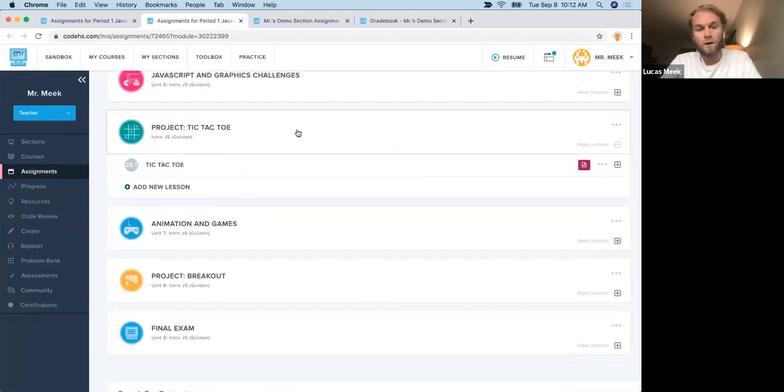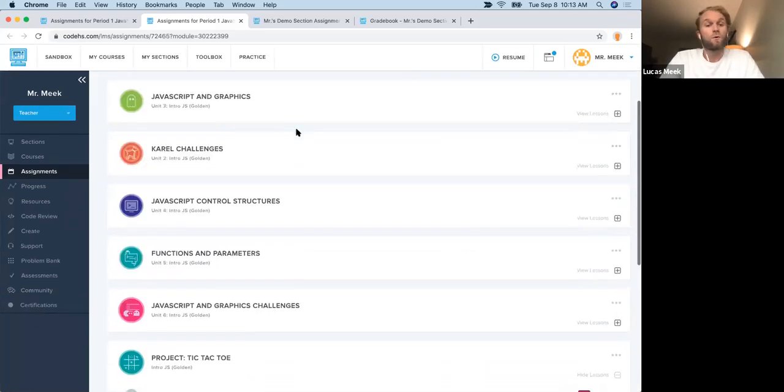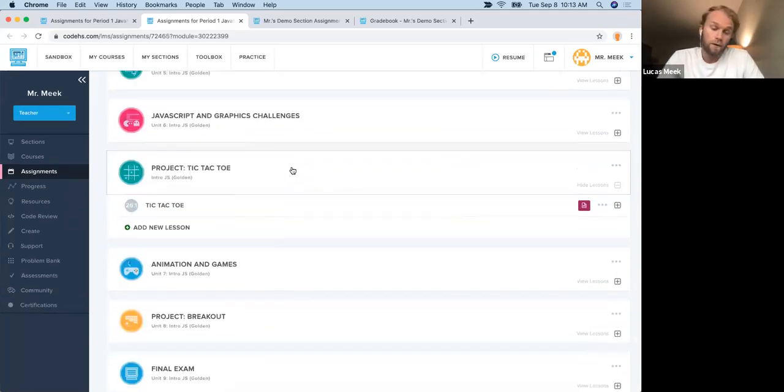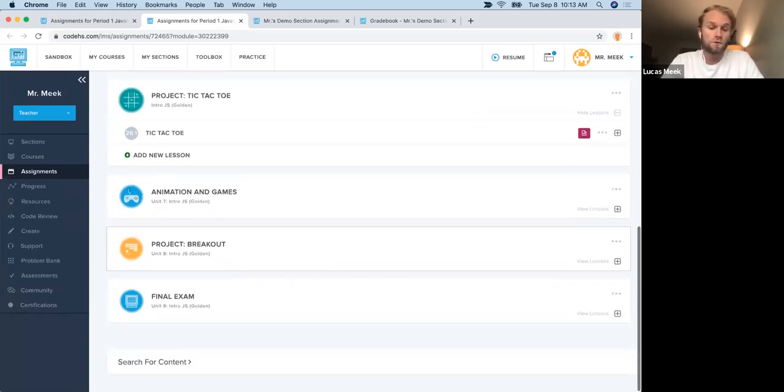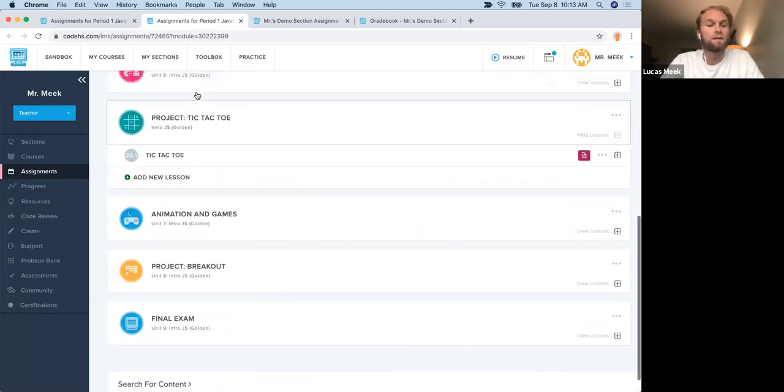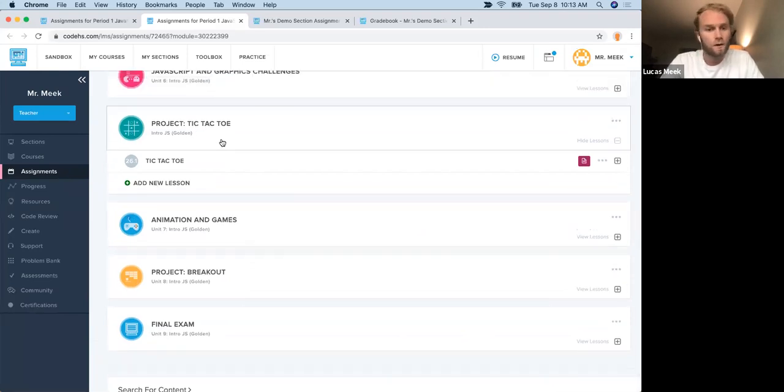This project, again, isn't going to show students that it's from a different course, or that it's supplemental material or anything like that. Students will think this is their course flow, and in fact it is. So the other thing that we can do here is I want to add a new lesson to this Project Tic-Tac-Toe